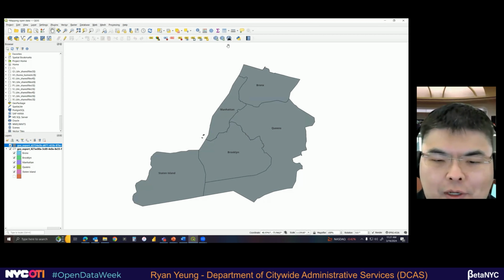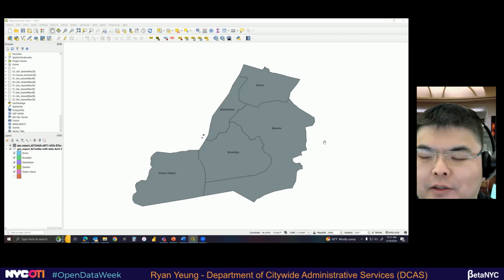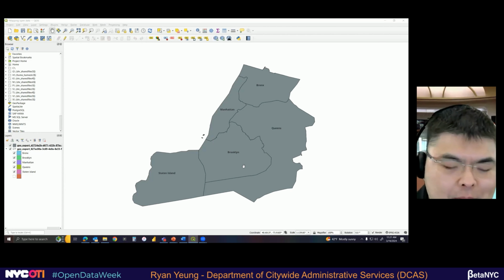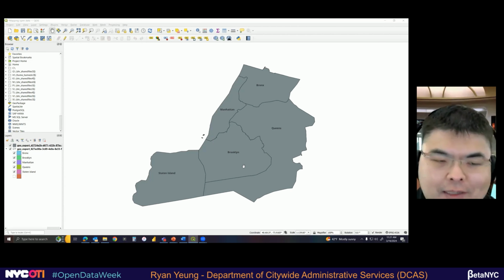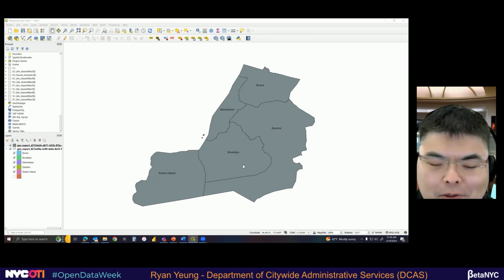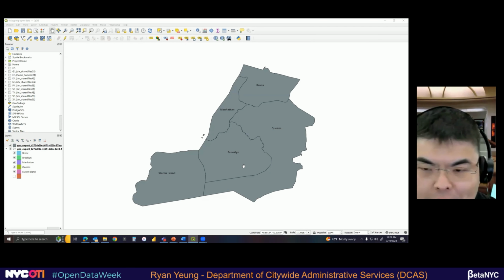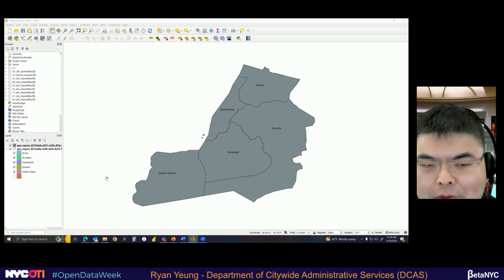Anyone theorize why everything's a single color again? Did we do something wrong here? That's right. Yeah, I think everyone got it. So we've overlaid the map with the water on top of our previous map, the one without water, and the one with water is now covering that map, so you can't see it. It's got the same boundaries because it's still New York City. We can fix that though.